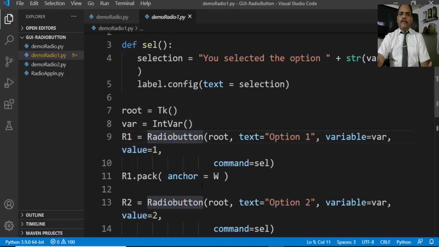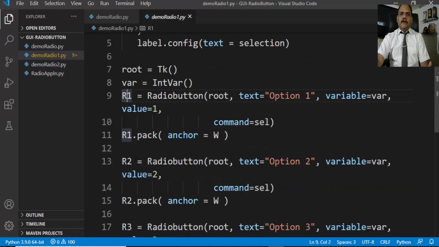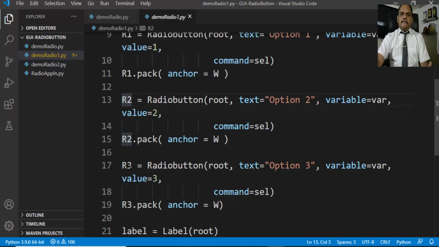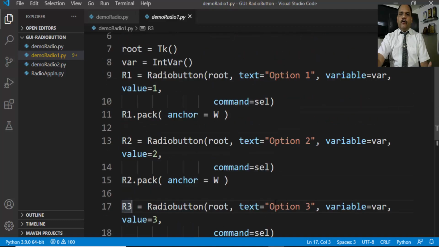Whenever the event is processed on the radio button 1, the text will appear as option 1, but the value will be processed, that is 1. And the variable to which it gets assigned the value is var, and var is integer type of variable. So in this manner, R1, R2 and R3. These 3 radio buttons we form with the text option 1, option 2 and option 3, having values 1, 2,